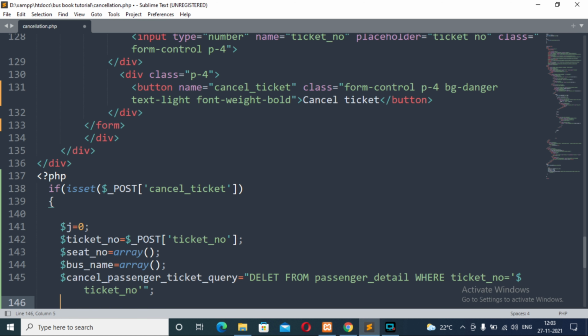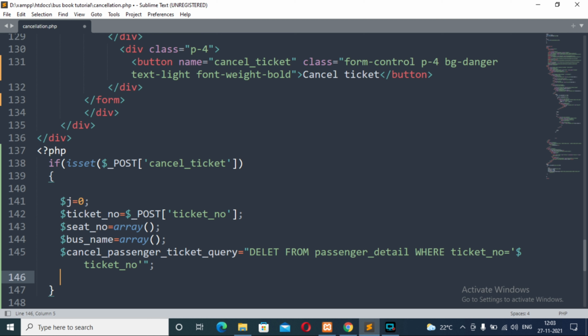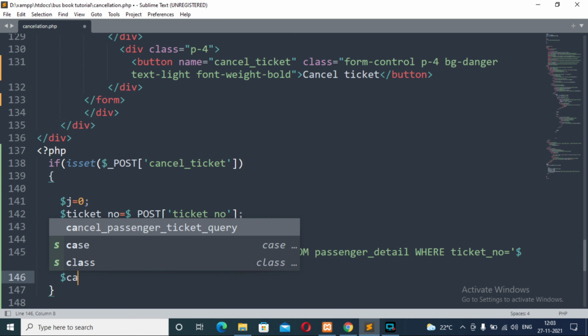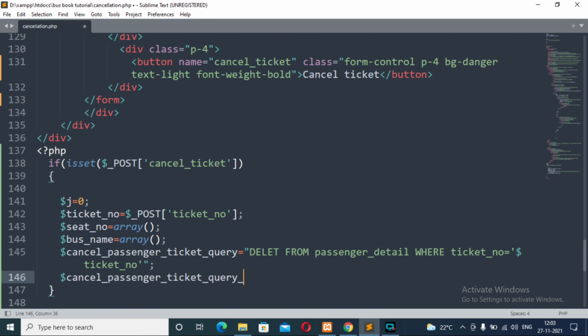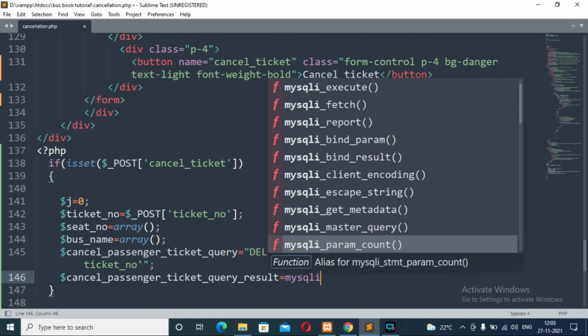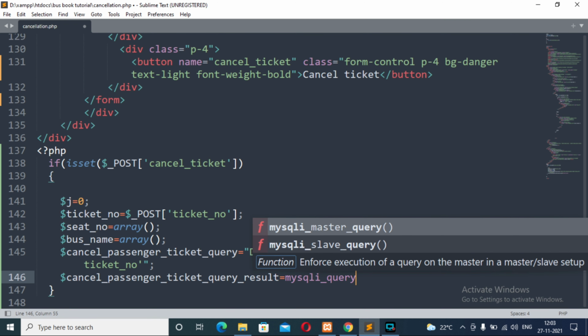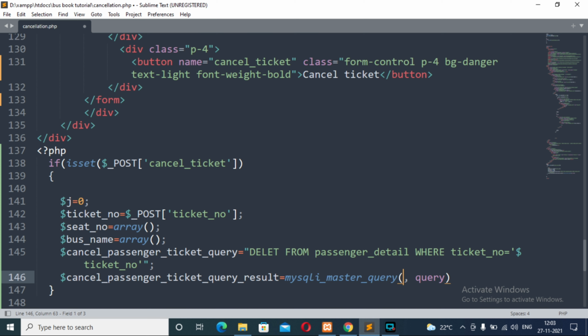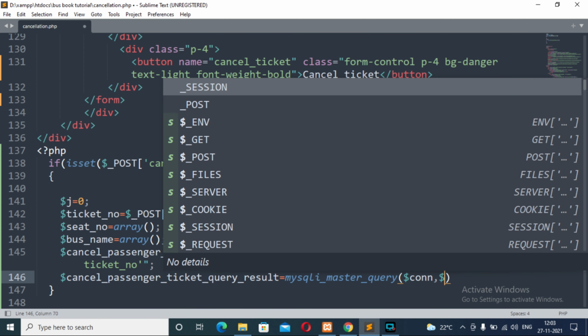After this we will fire this query using the MySQL query method and store the result inside another PHP variable, that is cancel passenger ticket query result. The method takes two parameters. As you know, one parameter is the connection variable and the other parameter is the SQL query, that is cancel passenger ticket.